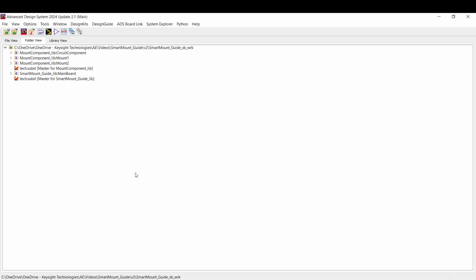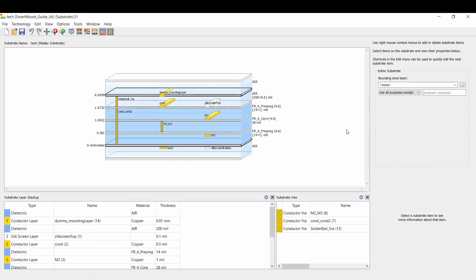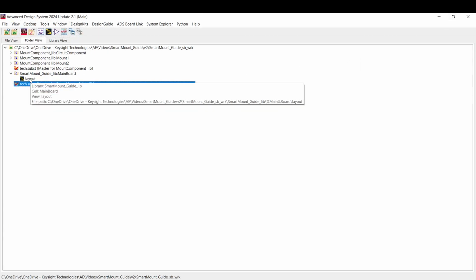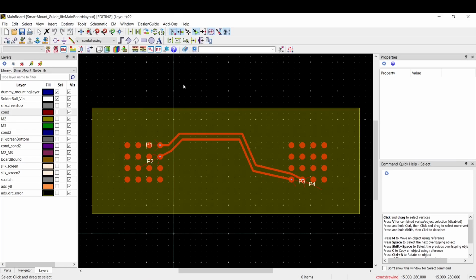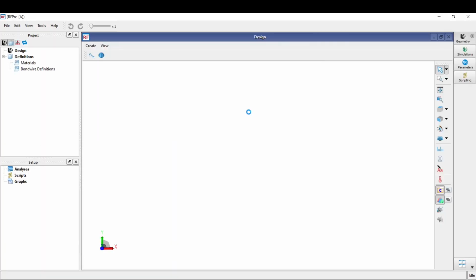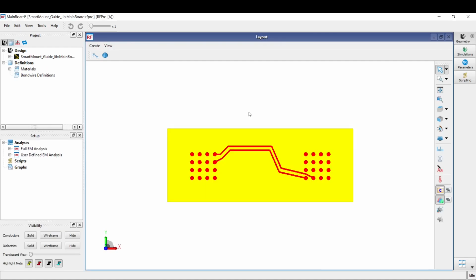For the second way to simulate real solder ball shapes in RFPro, we'll start again with a fresh workspace where we only have the main board and our mounted components, and we will use the same adjusted substrate that we've used before with the additional air layer and the dummy mounting layer. Now in this case, we want to go directly to the mainboard layout. We'll go straight to RFPro,